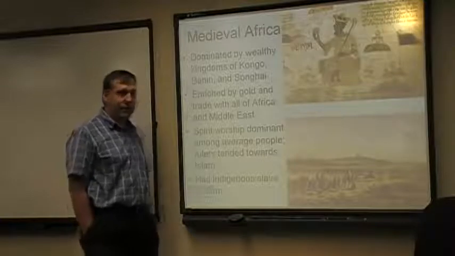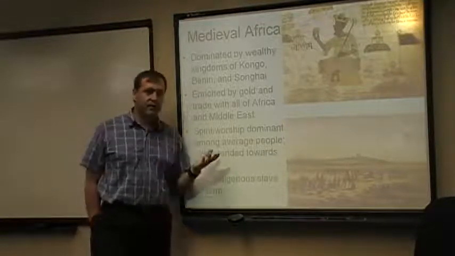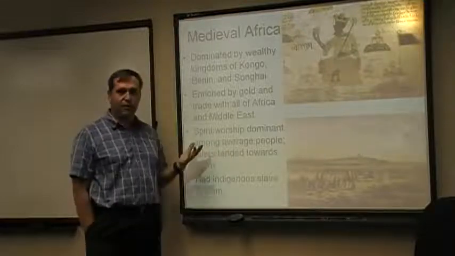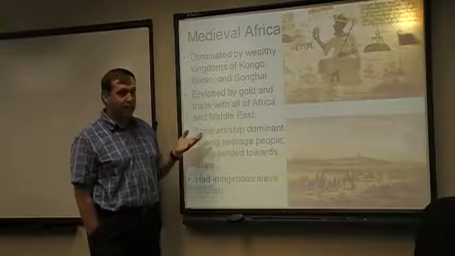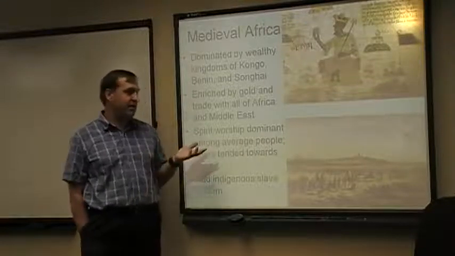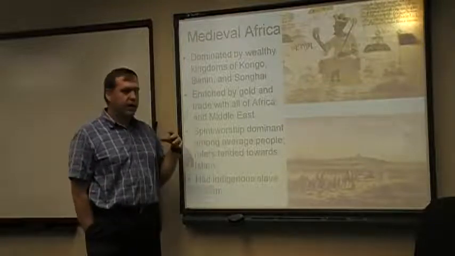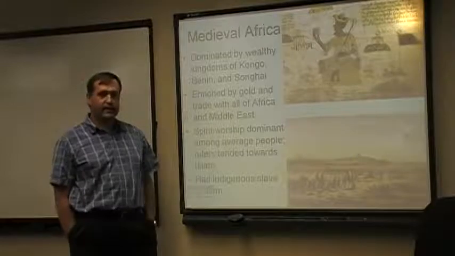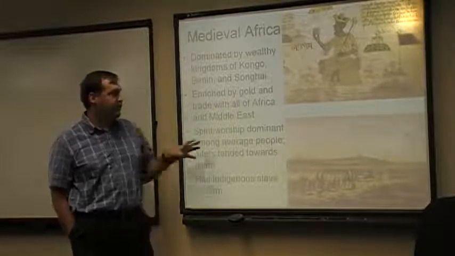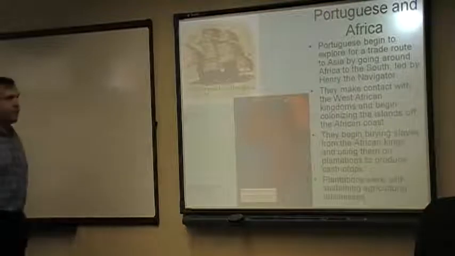And these slaves, of course, are going to be traded between kingdoms. They're going to be used as units of economic measurement, the ability for them to produce something. You also see that if you capture someone of high value, like a prince or something like that, they can be used as a hostage. But slavery was part and parcel with the economic system. So you've got gold, trade in foodstuffs, trade in commercially worked manufacture, and trade in slaves going between all these different places. So that's going to be important for us in our discussion of colonial America.